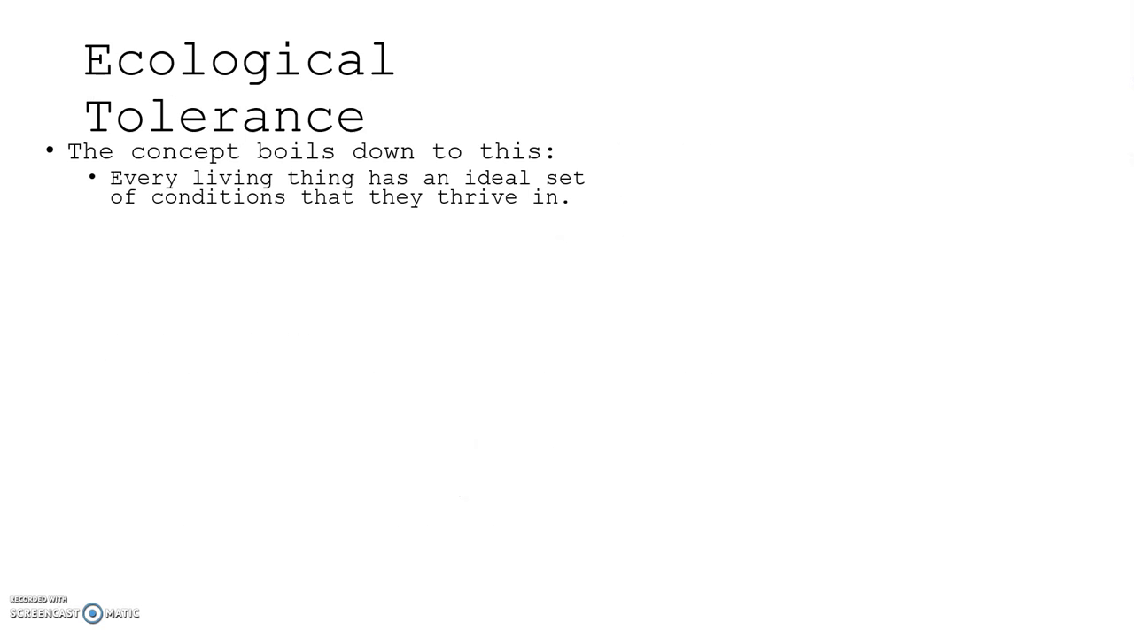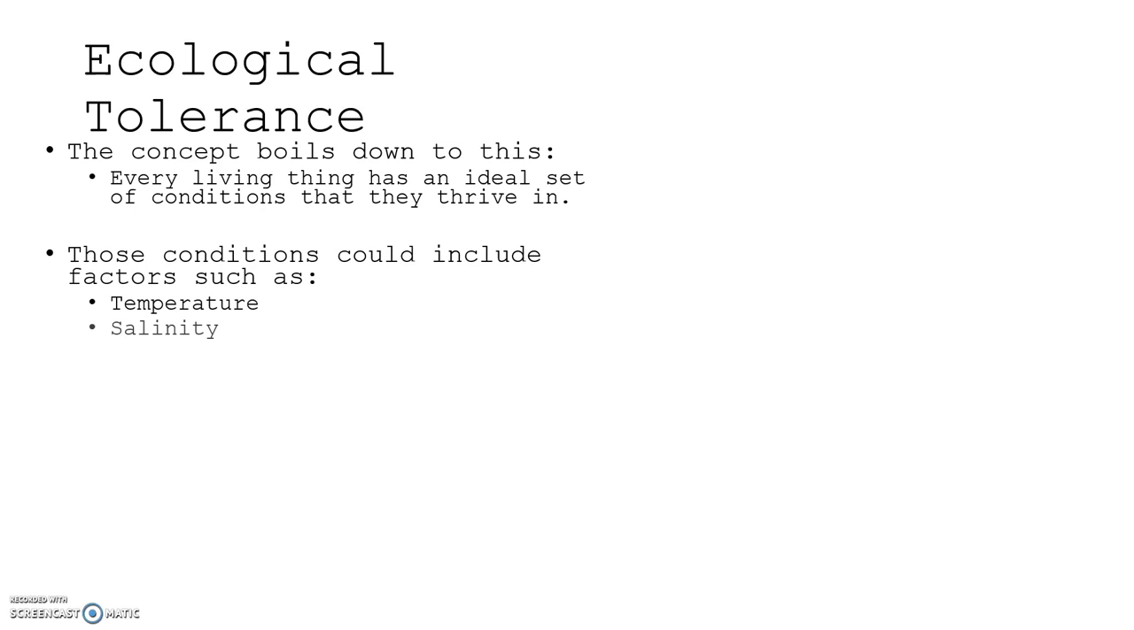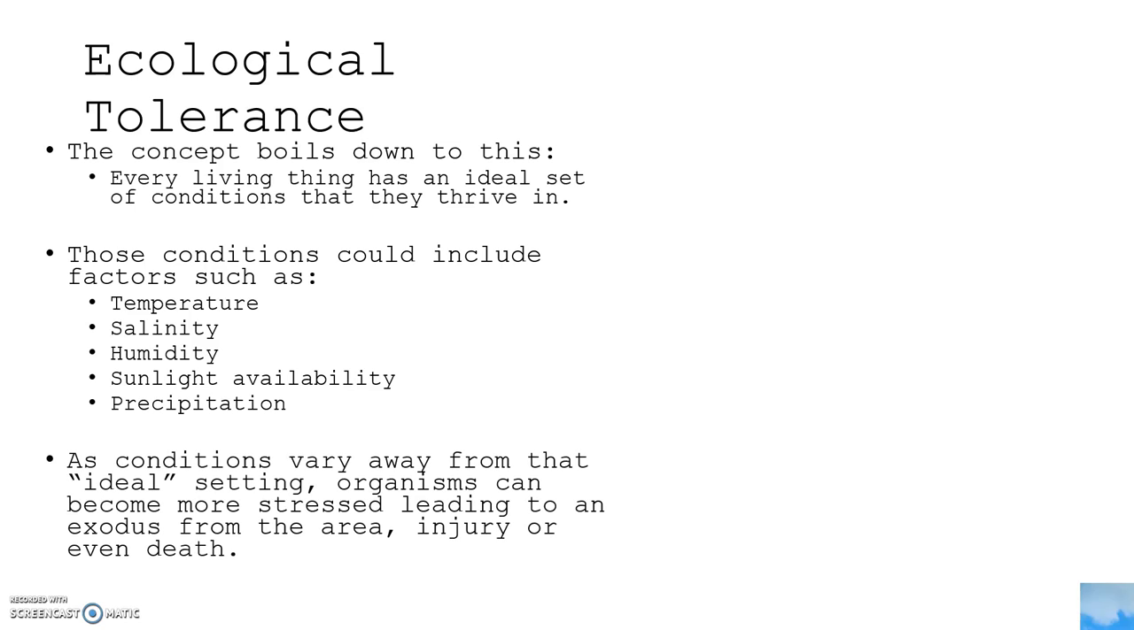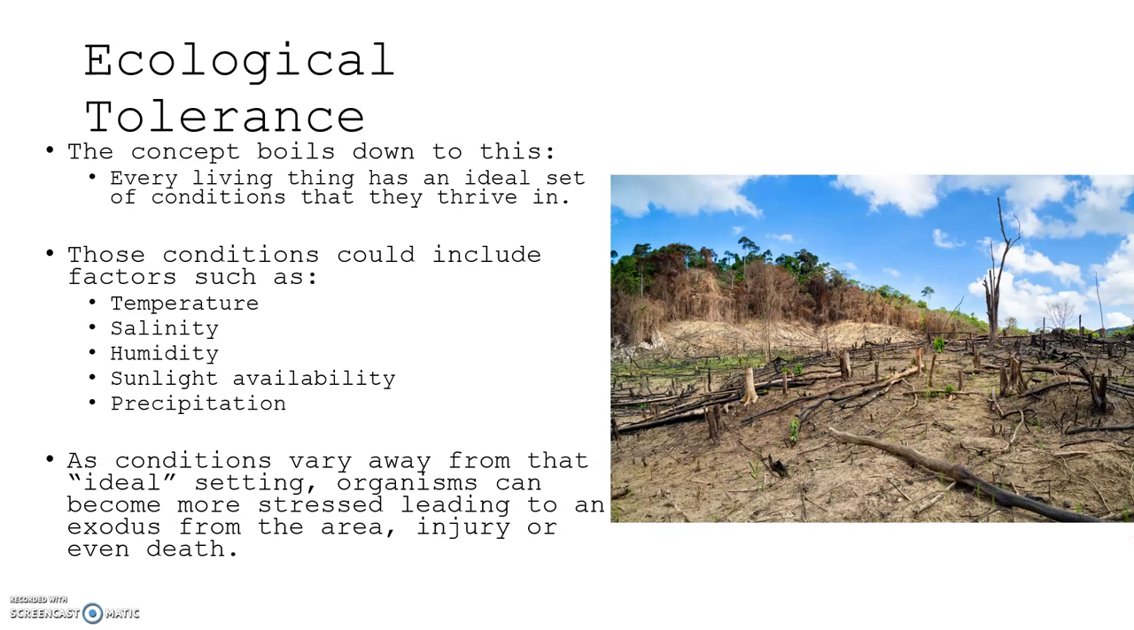These changes have led to shifts in the dominant species on the planet. So let's take a look at ecological tolerance. The concept boils down to every living thing having ideal conditions that it thrives in. These are things like temperature, salinity, humidity, sunlight, and precipitation, depending on if you're a plant or an animal. Think about it. We have a certain temperature that we like to live in. As conditions vary away from that ideal setting, organisms can become more stressed, leading to an exodus from that area,